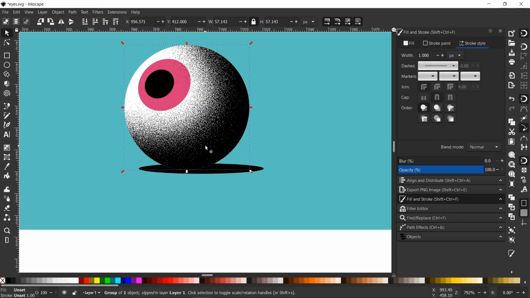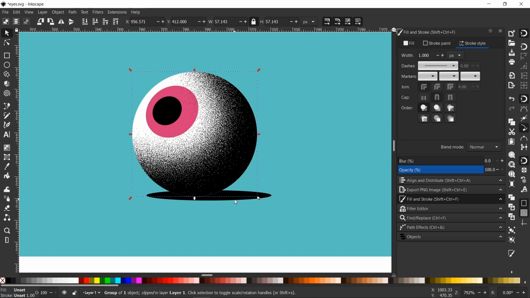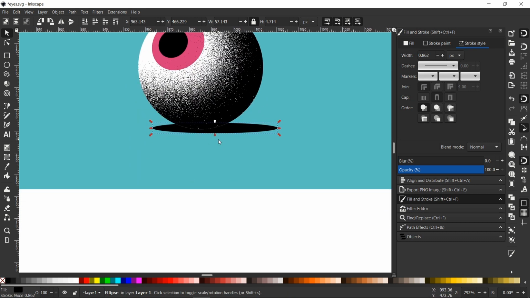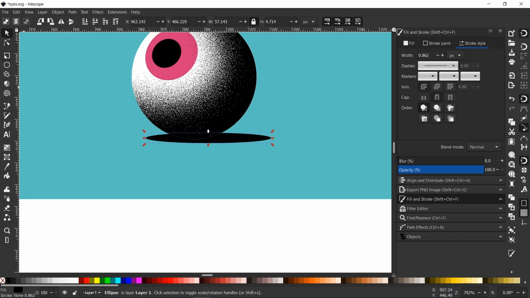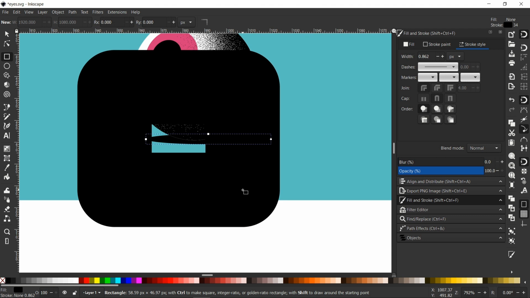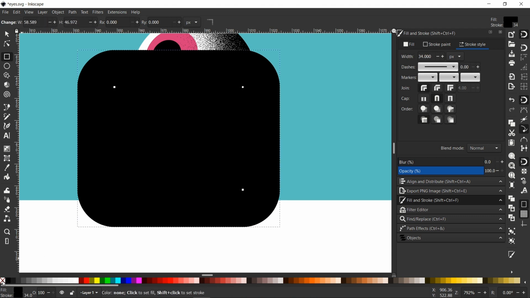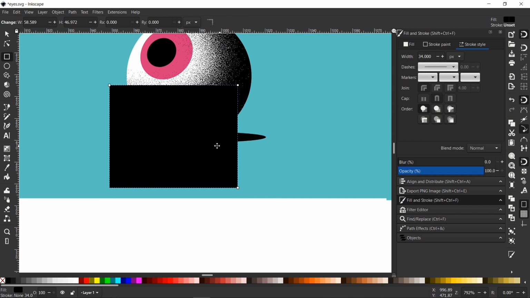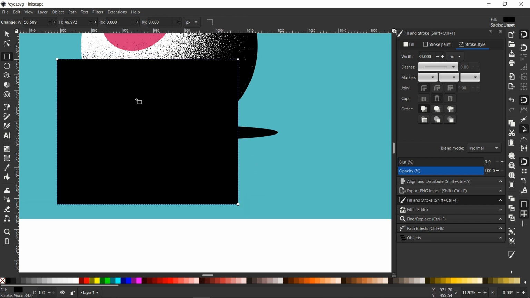of the objects. But let's stick with the shadow here. I'm just gonna use a rectangle. This time I want to use the fill color, hold shift and click here to remove the stroke. So now I have only the fill color,